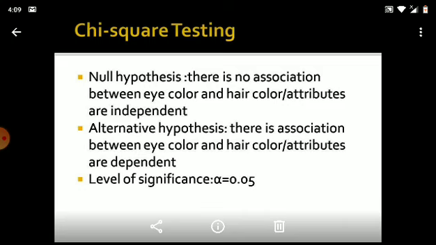Now level of significance. Level of significance is the level of risk or level of type 1 error, which is to be decided by you or can be given in your question, but in practice it is usually taken at 0.05 or 0.1 depending on the study case. Here, as you have seen, there was no mention of level of significance in the question, so we have selected the level of significance at 5%, that is 0.05. If it is not mentioned in the question, we assume the level of significance as 0.05.